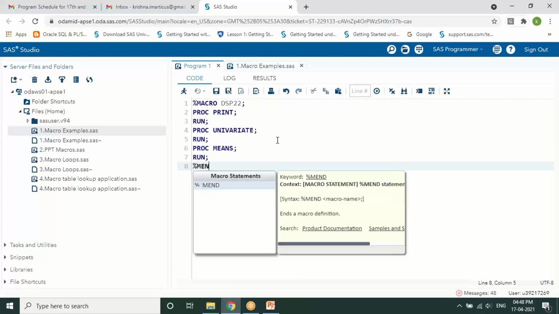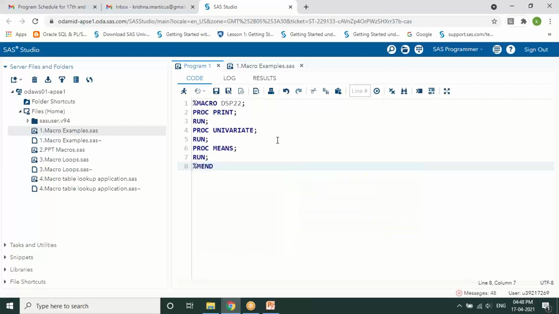Now I'm closing with %MEND, macro ending. We are not using %END because with do loops we also use an end. So here it is macro ending, and specify the name of the macro. So simple: %MACRO, name of the macro, whatever functionality you want to create, execute all that, and end with %MEND and the macro name.